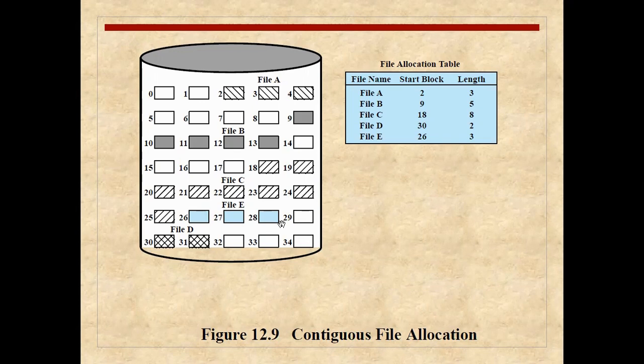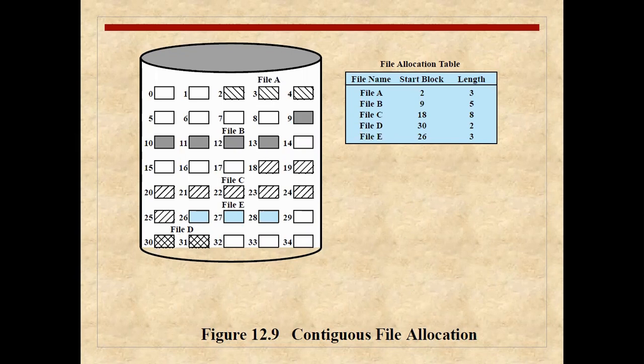So you can see, whenever we want to manage any kind of file in our memory, all the parts of that file will be contiguous. If file A consists of 3 different blocks, then those 3 blocks will be contiguous in the memory, one after another. It should not be that you put one part here, another part here, and another part there. That should not be the case in contiguous file allocation.